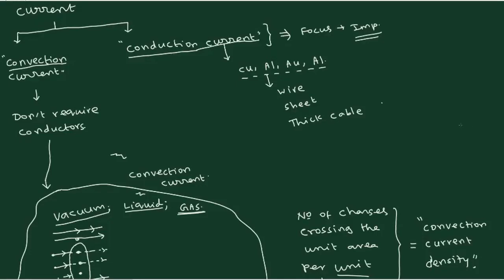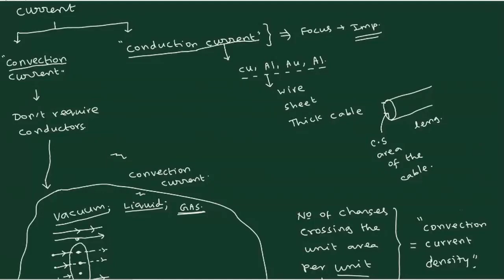And where does the difference come? This is important. For the case of the thick cable, you will be drawing the diagram like this, which means that you have the length of the cable and you have the cross-sectional area, or CS. CS means the cross-sectional area of the cable. We will not worry about this cross-sectional area in the case of a wire, because it is very thin, and we generally consider the length of the wire only.